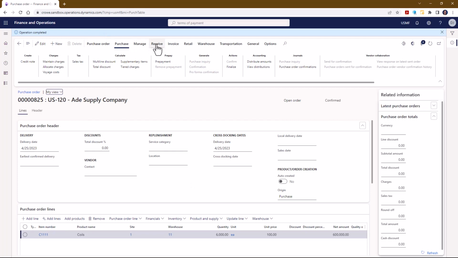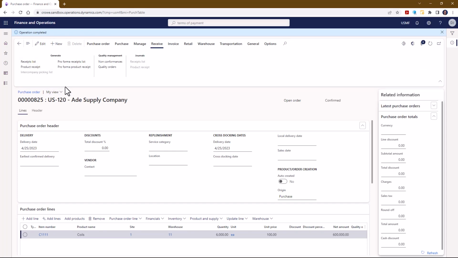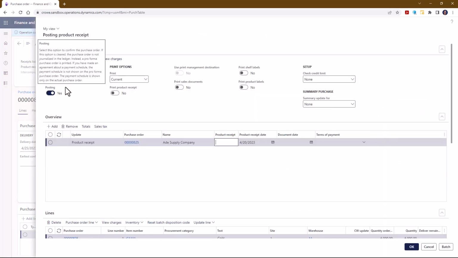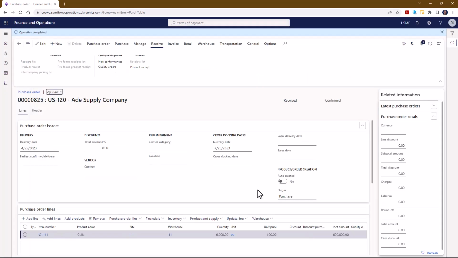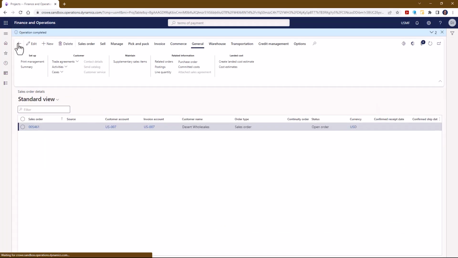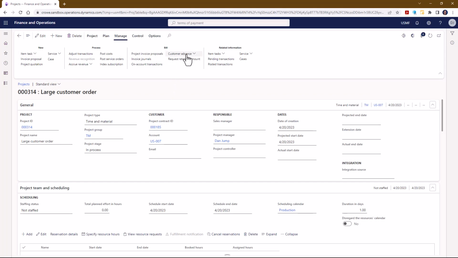And then we're going to go ahead and receive in the products. Again, normally this would be done in our warehouse using the warehouse app, things like that. But for the sake of this demo, I'm just going to go ahead and receive that material in. So now that that material has been received into the warehouse, I'm going back over to the project where I